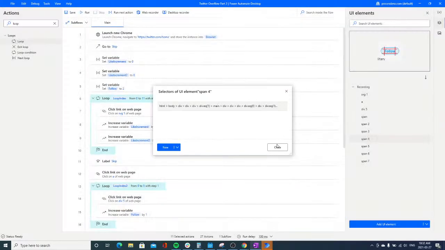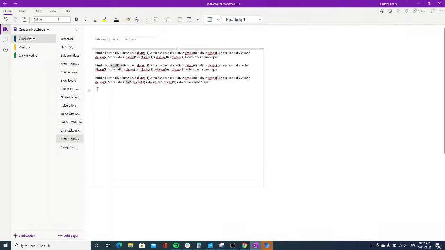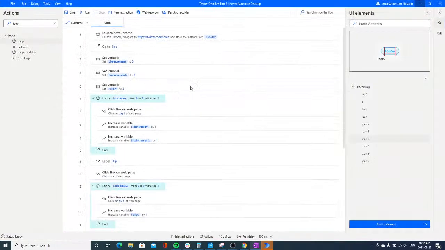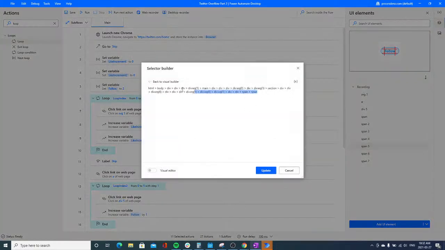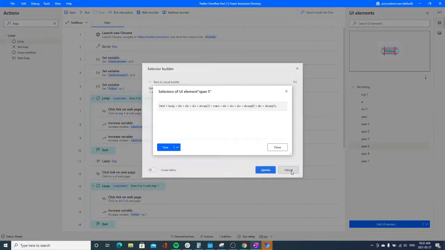So we are on number 4 right now. So we have div number 5. So sometimes we can see that we have a workaround this. So perfect, it is good that we were able to spot this: sometimes the path of the selector changes. Now I'm not sure if that was me that spied it wrongly, or if it's just the selector that is behaving differently. Now we have also another selector